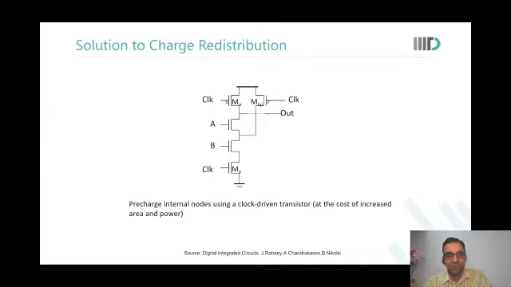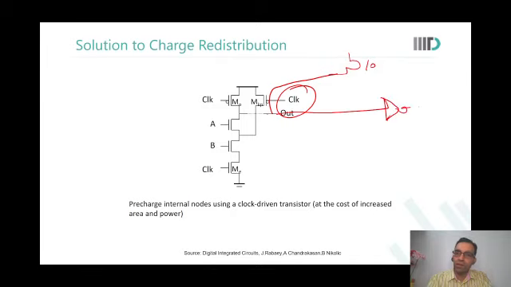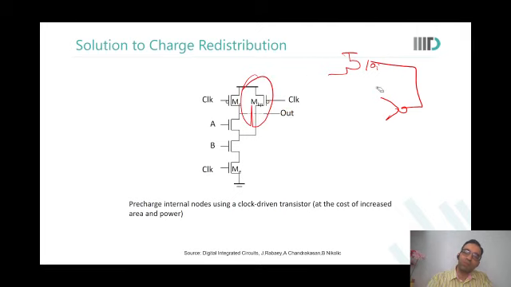Okay, so this keeper which you are showing is only for an internal node in this diagram. You see, this has clock going to it. The one on the output, the keeper that I put here, for that we had this inverted output going there. Now my question is that the inverted output could also go to some of these keepers. What will be the problem, or how do you avoid that problem if you connect this out bar? Can you always do it, or do you always need the clock?